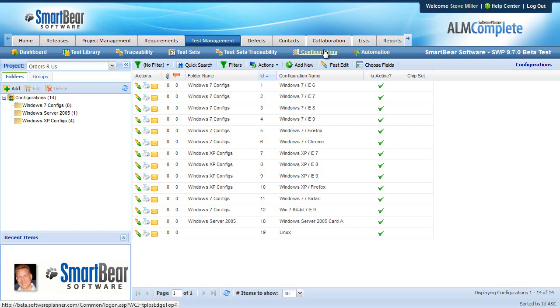This will allow you to reuse your tests for different operating systems and browser configurations. From here you can define any number of configurations. Once you have your tests in your test library and your configurations defined, you can then bundle your